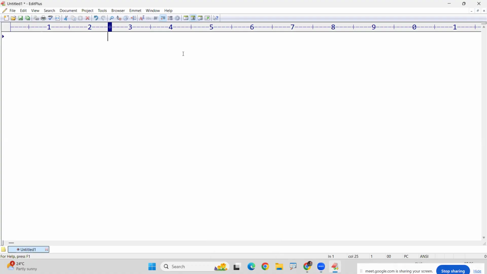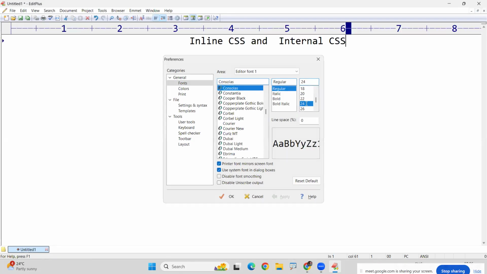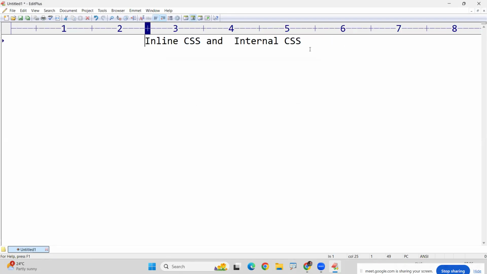In the last class, I explained about two types of styling. One is inline CSS and internal CSS. Same, only these two things. Today, we are going to discuss a number of examples. Again, the first thing you need to understand